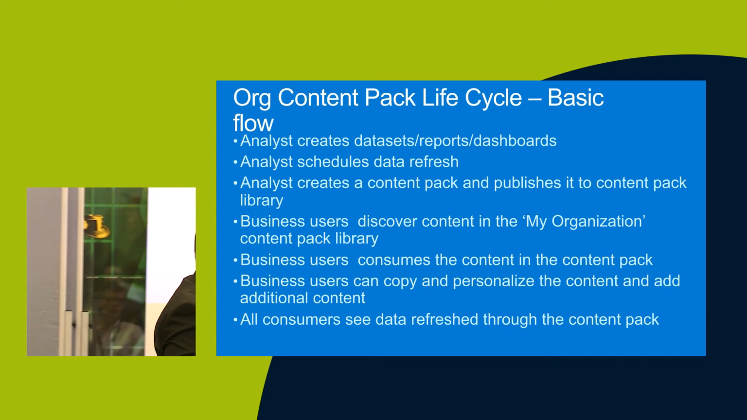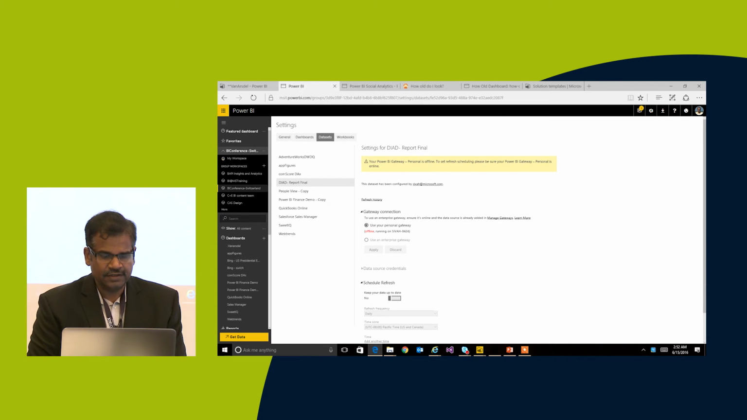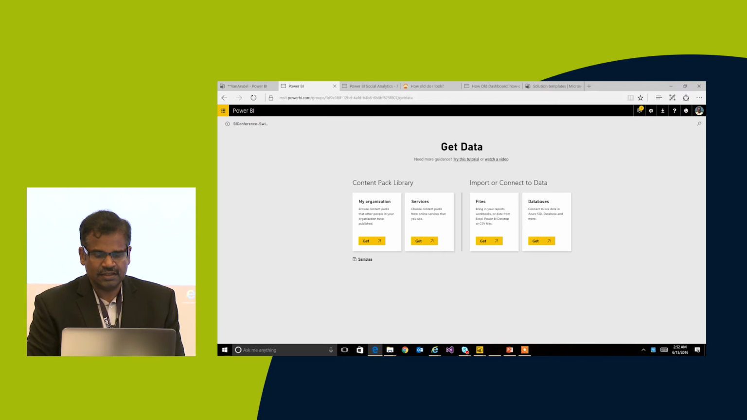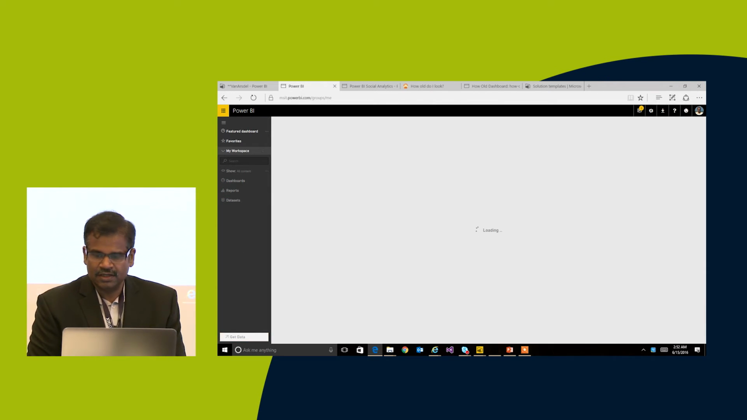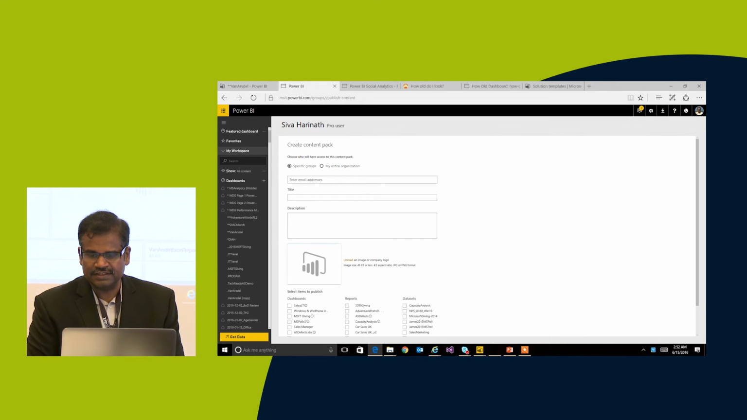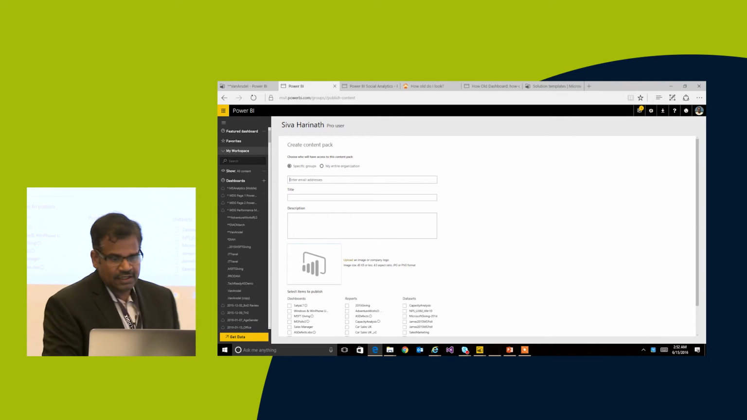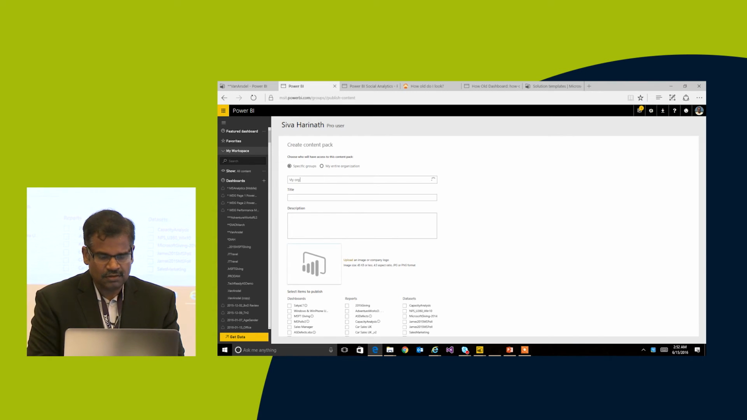So demo, let me go through the demo here. Before I go into get data, let me show you how to prepare an org content pack. So here I go into settings and I can create a content pack, right? So I'm in this dashboard here. When I go in and say create a content pack, this is where I would come in and I can actually say, this is my